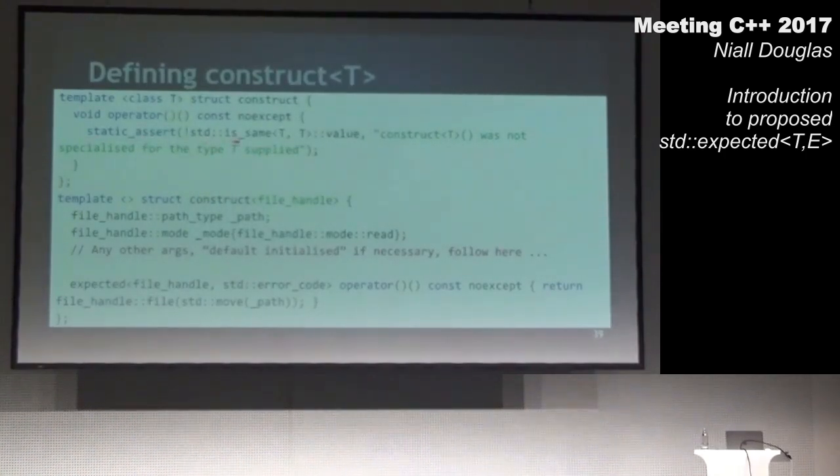In case people are wondering why I am doing an isSame TT value, which seems like it will always be false, that is correct. It will always be false. But what it does do is it means that the static assert becomes template dependent. If you did not have that there, it would always fire and always produce the static assert failure, which then means you can't compile a program. So by putting in this completely redundant and stupid TT thing, you make this only fire when the template gets